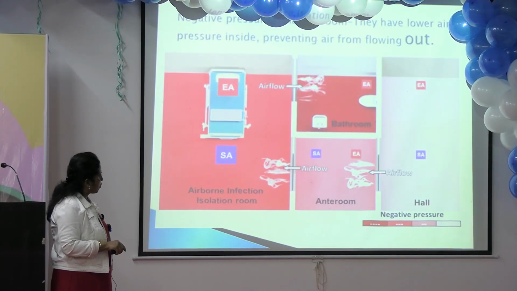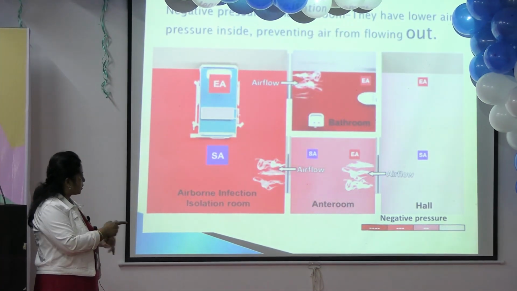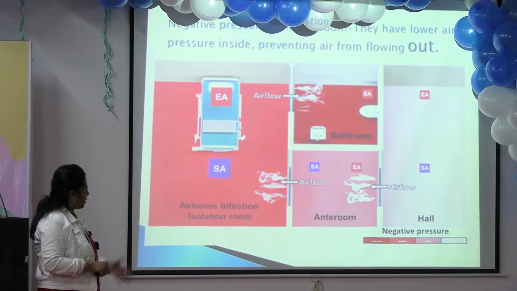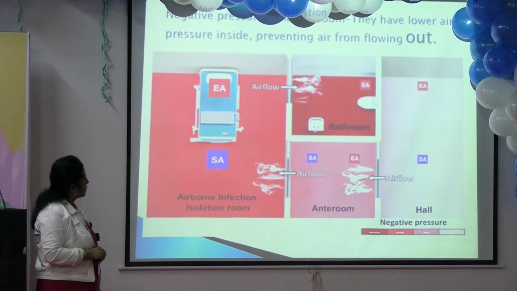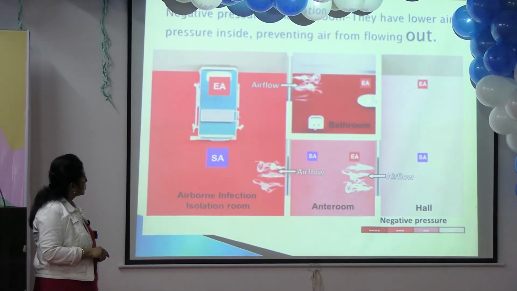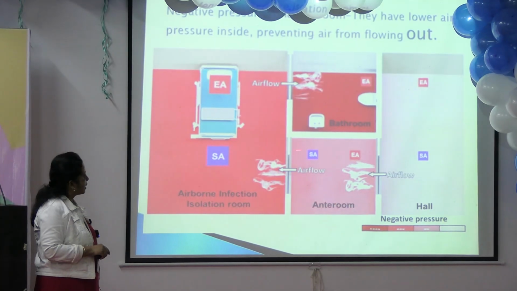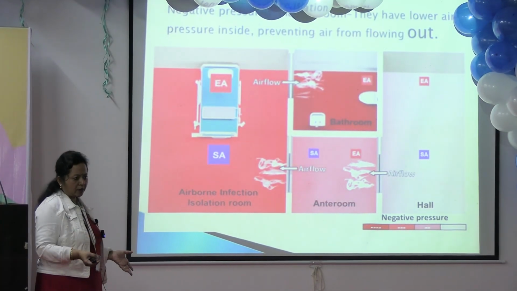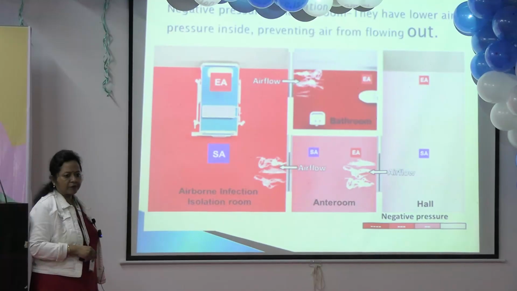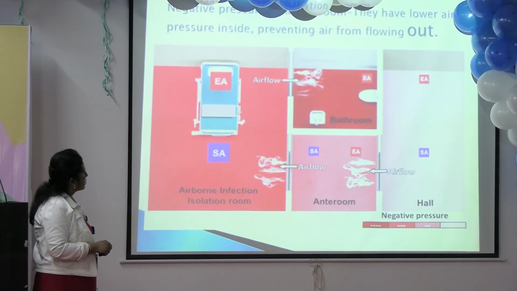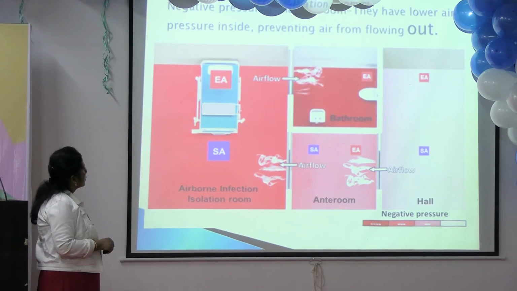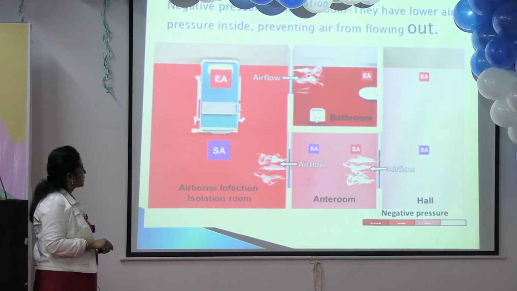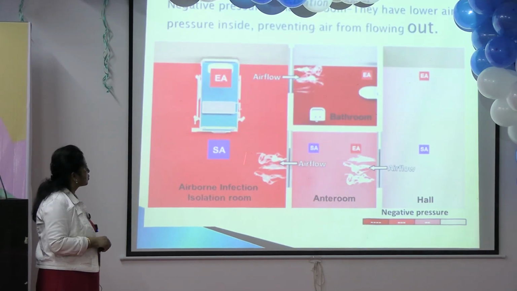So this is a corridor. Doctor, nurse, everybody, whoever comes, first comes in the anteroom. He has to wash his hands, wear this PPE, wear a mask and everything, and then enter the room. Take care of the patient, and then he has to leave the room. While leaving also, he has to wash his hands and take off his PPE there and then come out safe. This is the bathroom for the patient, a single bathroom, because he is infectious, he cannot use a common toilet. This is the negative pressure scenario, and this room also has an exhaust or HEPA filters.